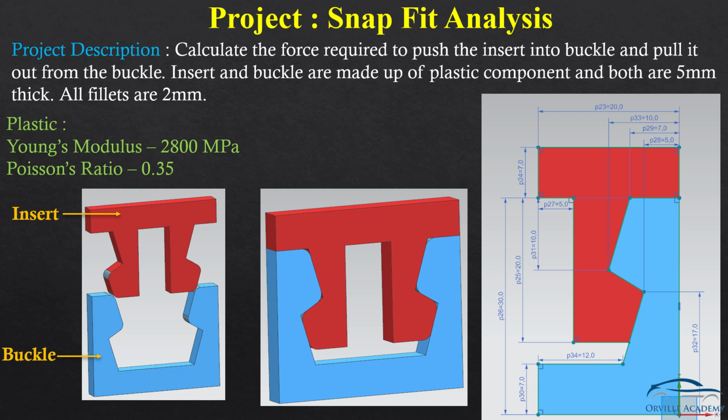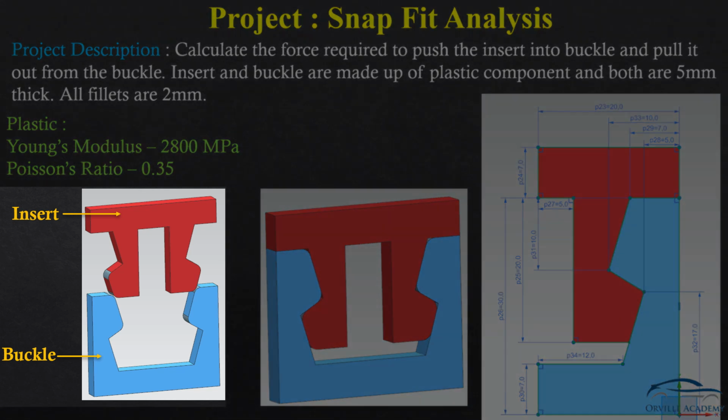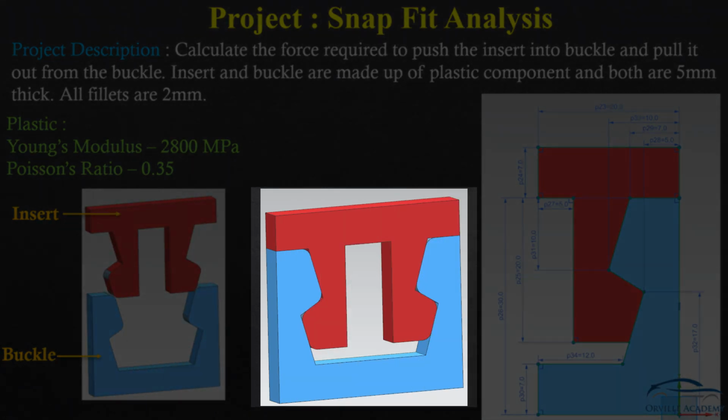Here, the material properties of the plastic are given, where Young's modulus is 2800 MPa and Poisson's ratio is 0.35. Since density is not given, we cannot perform the dynamic analysis. So here, we will be performing the static analysis. Dimensions of buckle and insert are given in the images. In the image, you can also notice the two positions of buckle and insert. In the first image, insert is at the disengaged position, and in the second position, insert is at the engaged